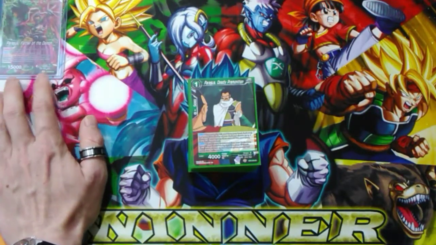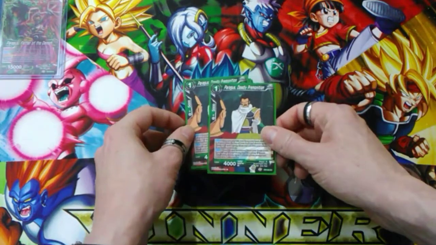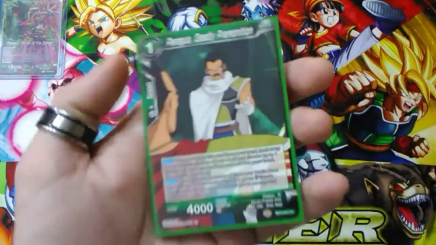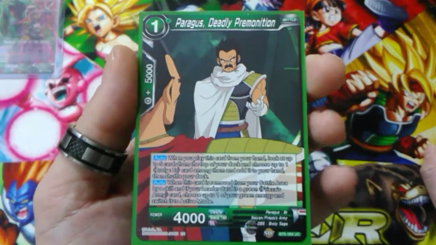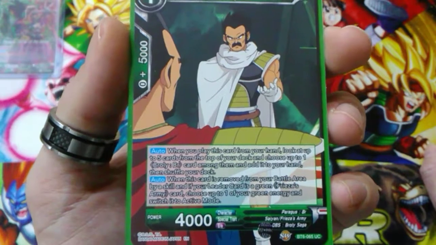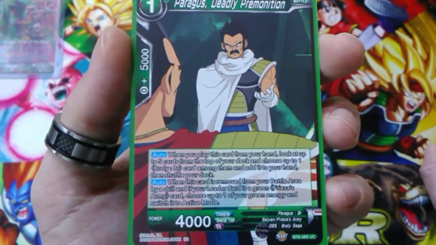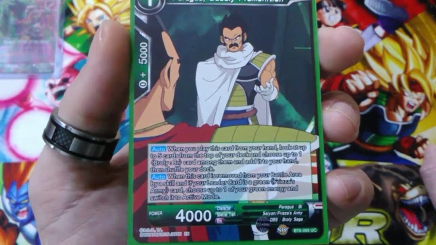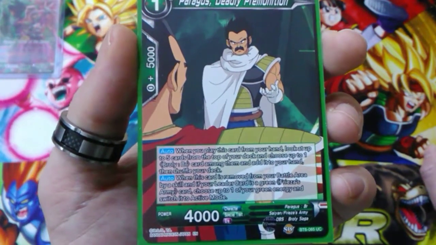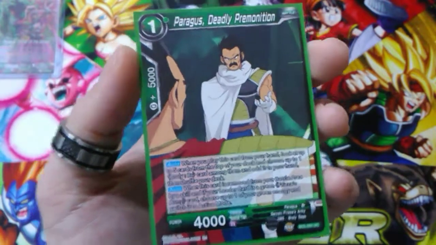So first card I've got in the deck is Paragus, Deadly Premonitions, and so when you play this card from your hand, look at up to 5 cards from the top of your deck and choose up to one Broly BR card and add that to your hand, and then shuffle your deck. So this will allow you to seek out